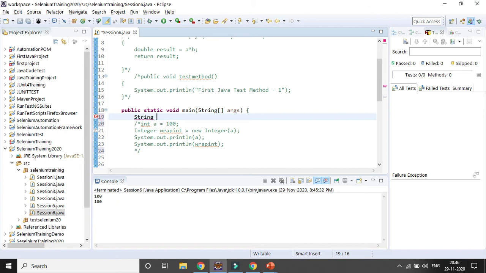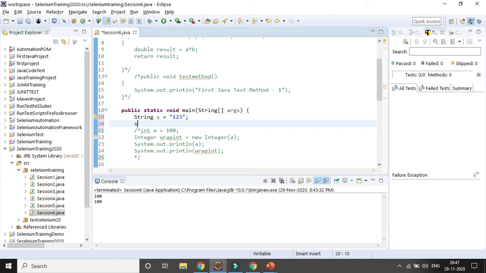So I am defining a string, giving the variable name s, where I will be entering suppose 12345. I can store it, because strings will store alphanumeric characters, you know. But here you can see all are numeric only, 1 2 3. Suppose I am storing only 1 2 3, but it will be considered a string only, not a numeric value or integer value.